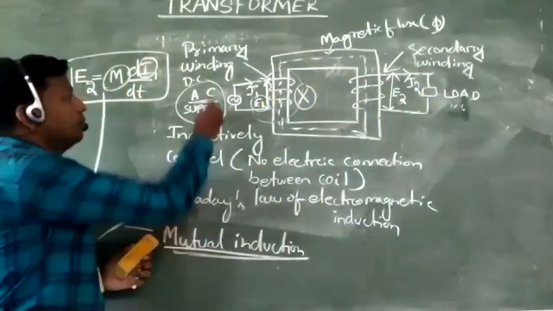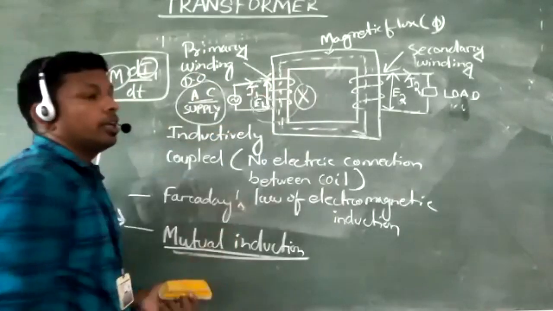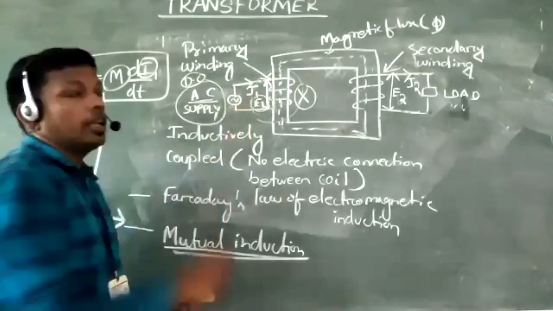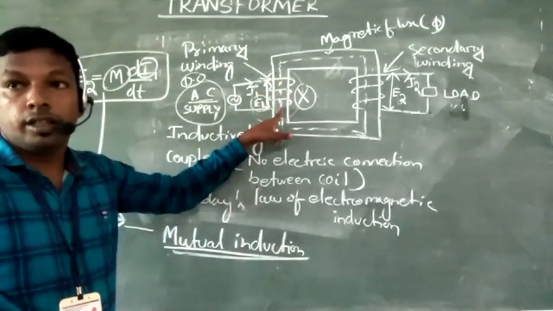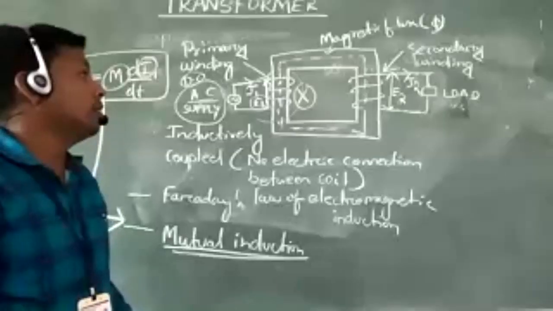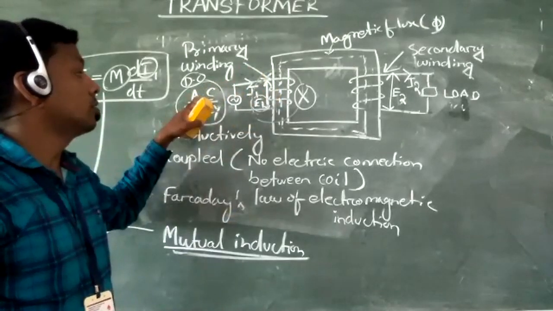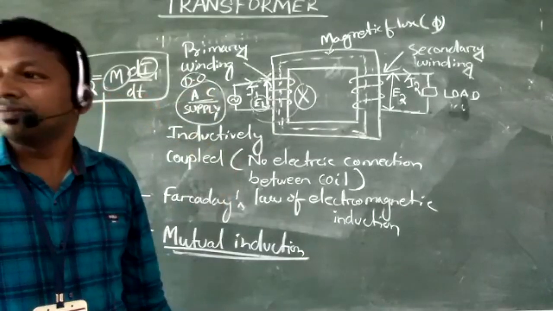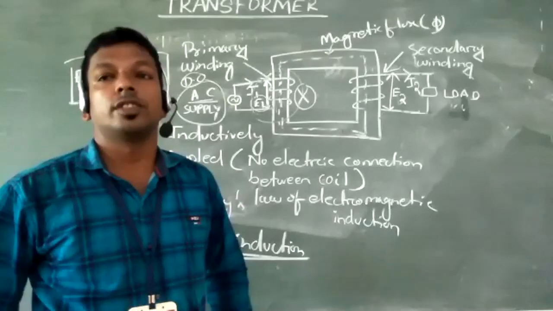When we provide a DC supply, the primary winding, having a small amount of resistance, draws a heavy amount of current. This may burn out the winding. So to prevent the winding from burning, we must keep in mind the supply must be AC. Thank you. So in this class,